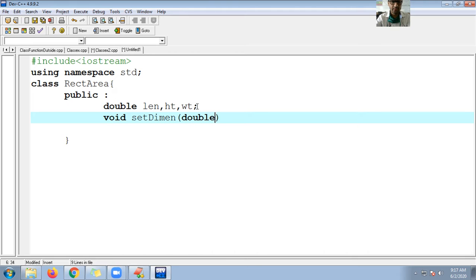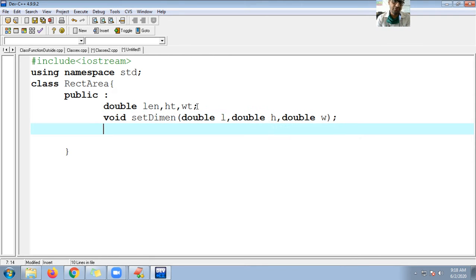Double length, height, and width. So guys, I need to mention the parameter type, so here it is double also. And in this case I'm trying to declare the methods, not defining the body. You can even define the body, guys, in a similar fashion.